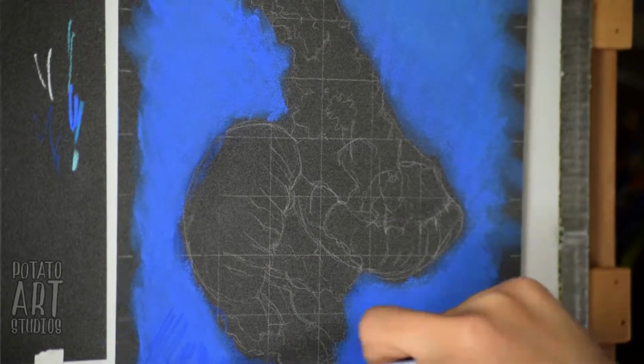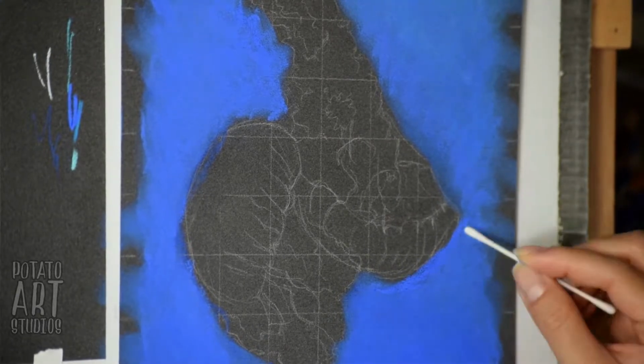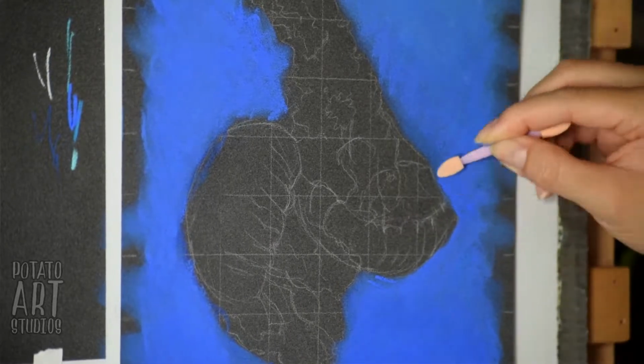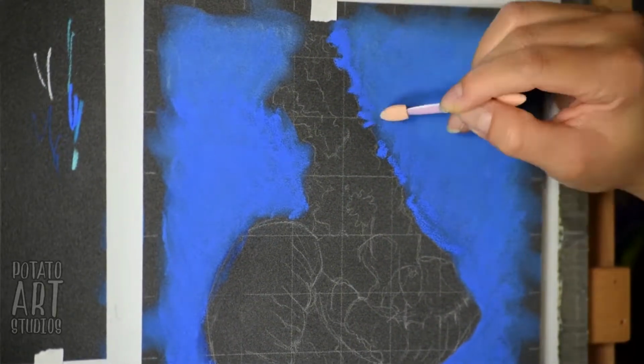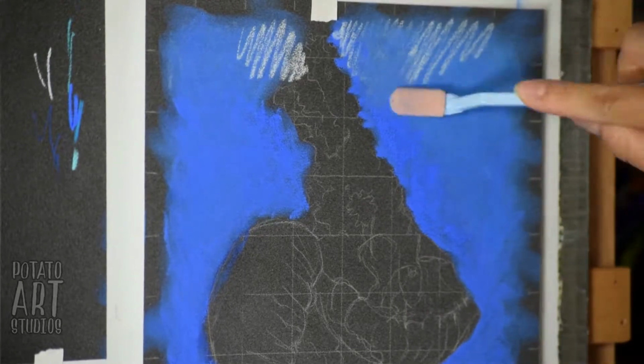I used a couple of different types of pastels. The background is mainly a soft pastel, and soft pastels basically look like chalk, but they are very highly pigmented. And in the background stage, I just scribble in any direction, it doesn't really matter. And to blend out the blue, I used